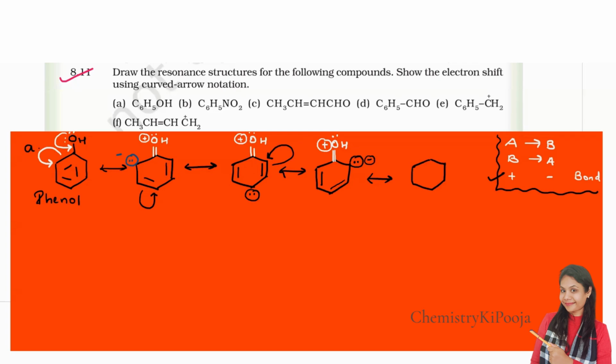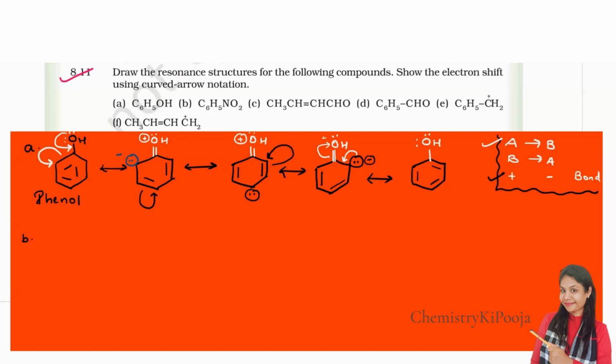Now the next one: the electron from the atom goes to the adjacent bond, and then again from bond to adjacent atom we are going to shift it back. So the final structure will be a single bond, oxygen, H, already one lone pair, then the additional lone pair. Then here I have a double bond. These 2 will remain as it is. Clear? So this is basically the resonating structure for phenol. Let us now quickly proceed ahead with the second one.